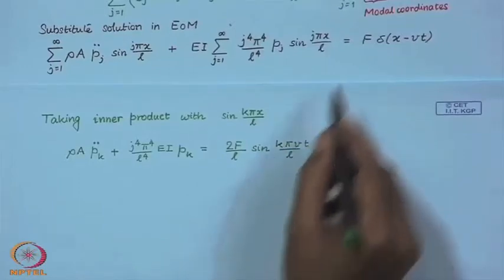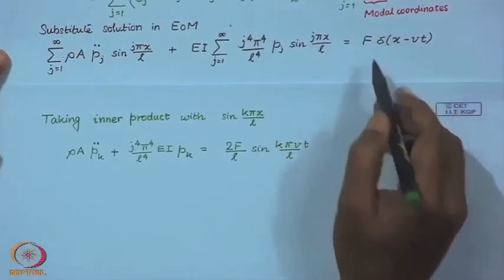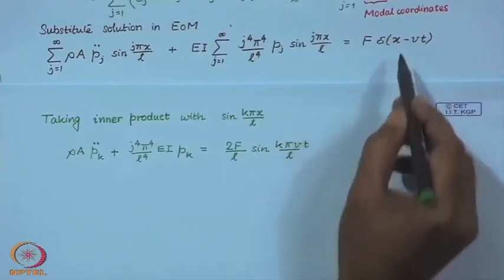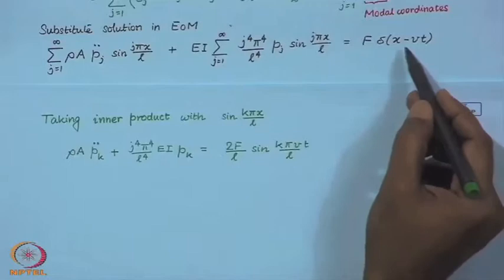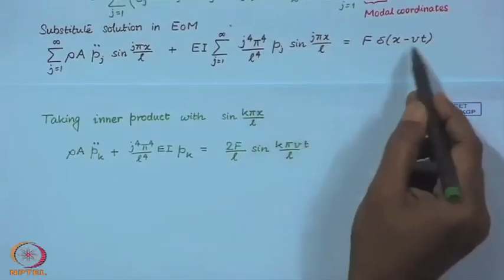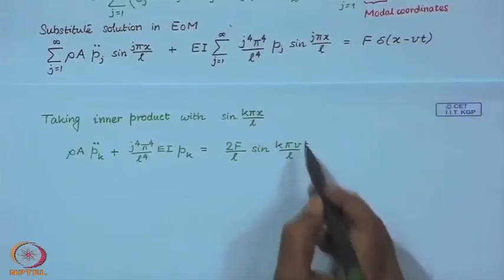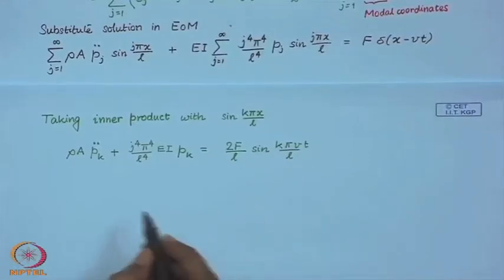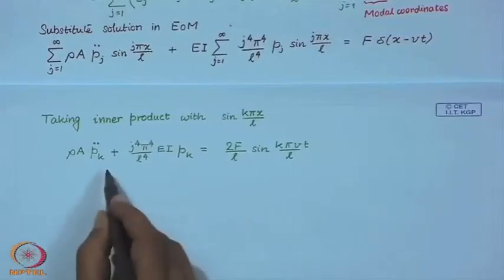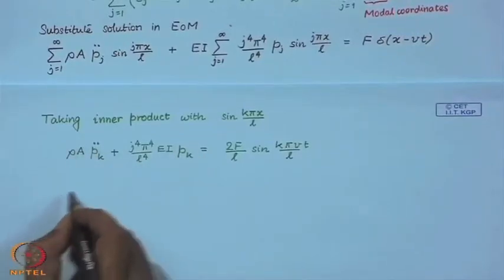On the right hand side, since we are multiplying this Dirac delta function with sin k pi x over L and integrating, this x gets replaced by v t. Then we can rewrite this